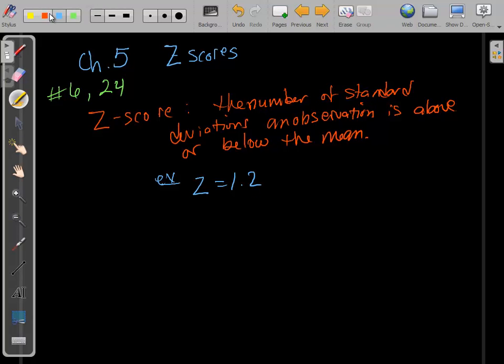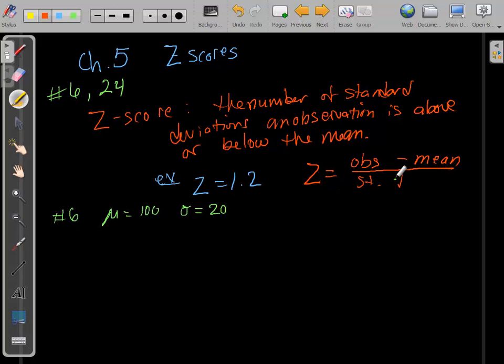Okay, so in our example number 6, we have a population with mean 100 and a standard deviation of 20, which, by the way, we'd have to know both of these to make it work. The computation of z is the observation minus the mean divided by the standard deviation, and that'll never change. That is always how we compute the z-score, no matter what conditions, as we've seen in later chapters. Okay, so here we go. If we have an observation of, let's see, 108,